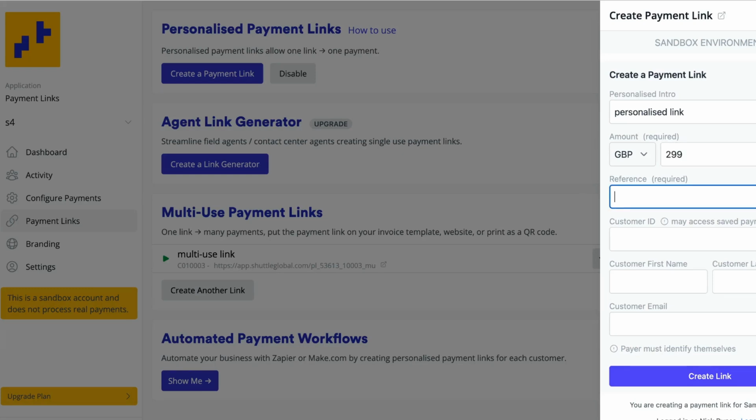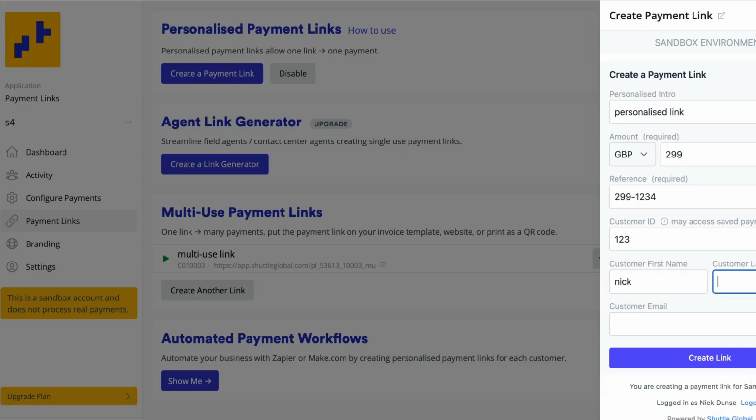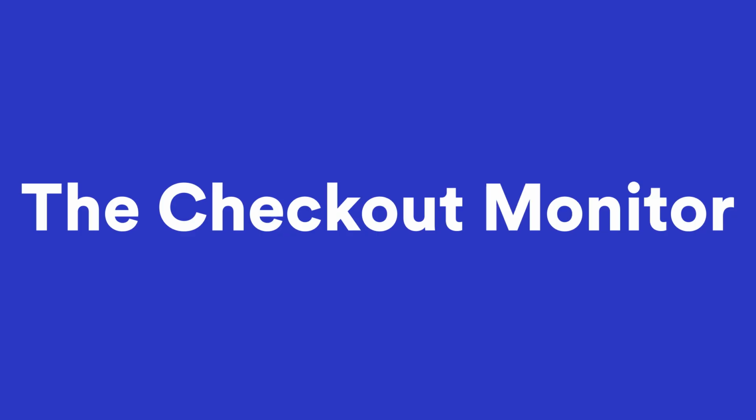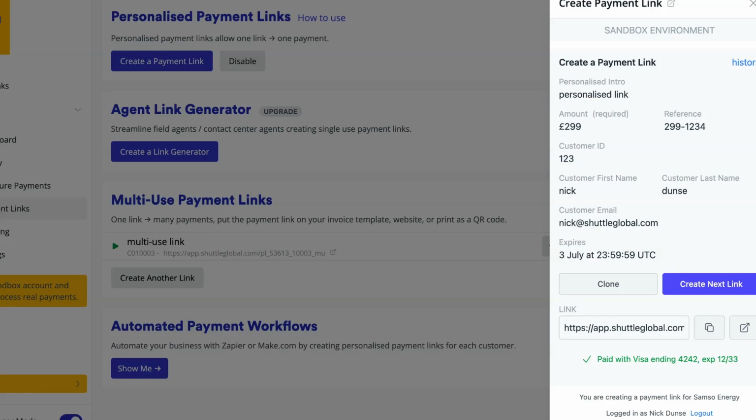Let me create one, choose who it is for, and send someone a more personal experience. I will grab the link or open it in another tab. It knows it is for that customer. Paid. Here is what matters. If I do it again with a new link,